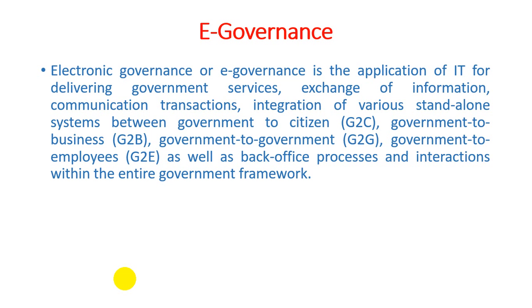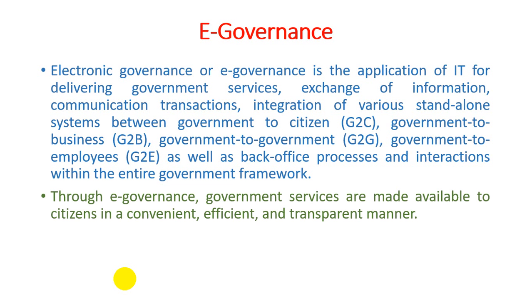So it is this model through which the government can verify our data and all the information with the help of this single piece of information or single document. It's nothing but electronic governance, or e-governance, with the help of different models defined as G2C, G2B, G2G and G2E. Everything is sorted out according to different requirements. Through e-governance, government services are made available to citizens in a convenient, efficient and transparent manner, because it is always acceptable across all other models.